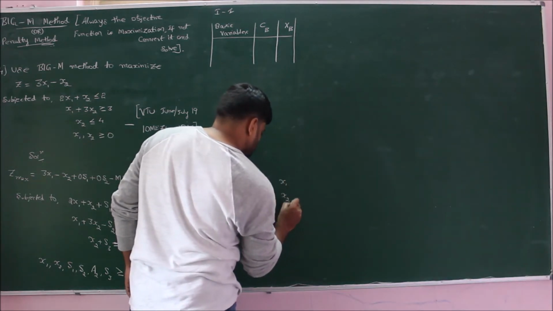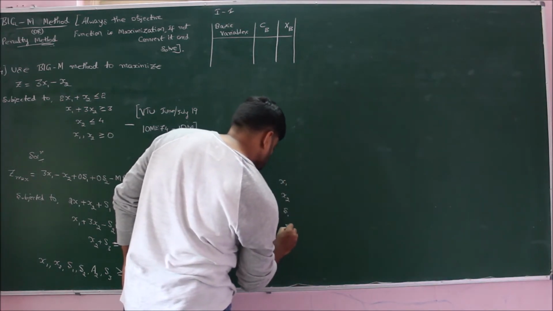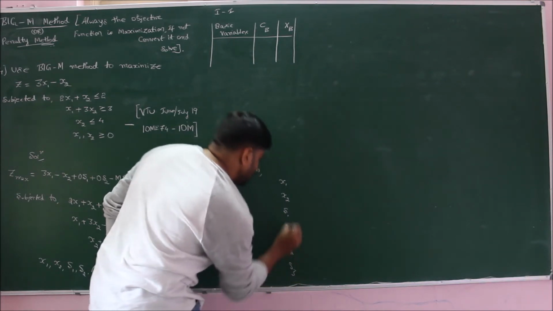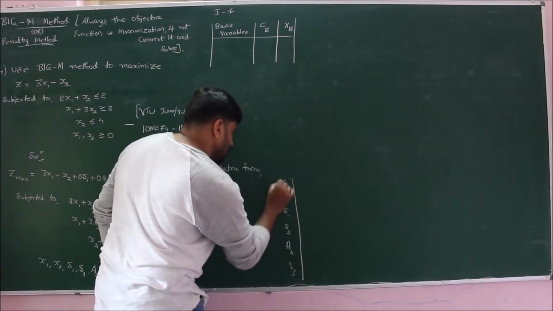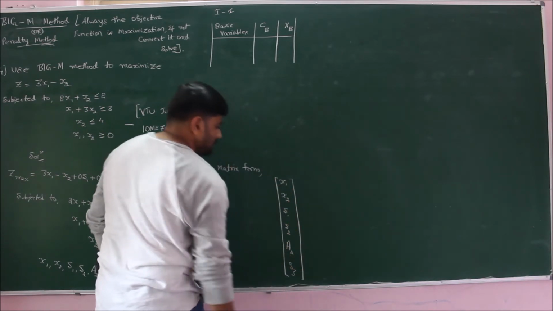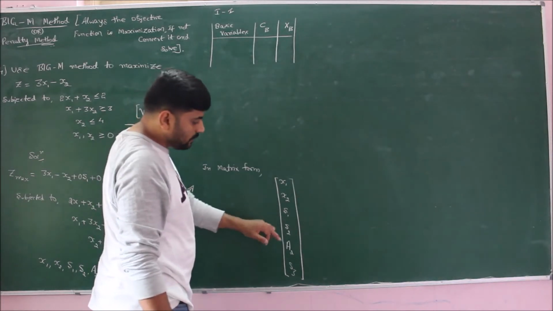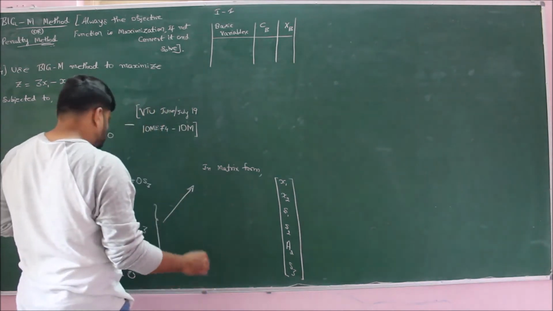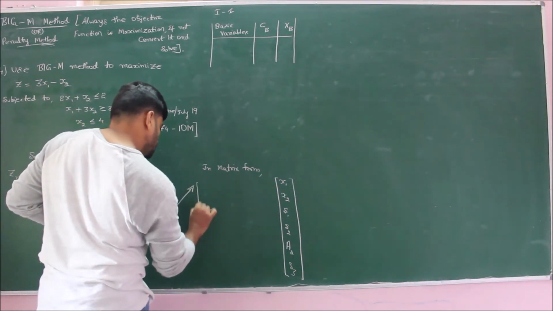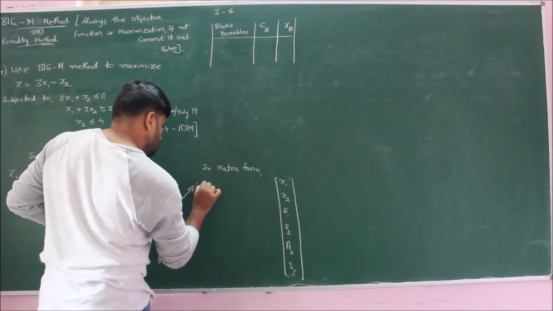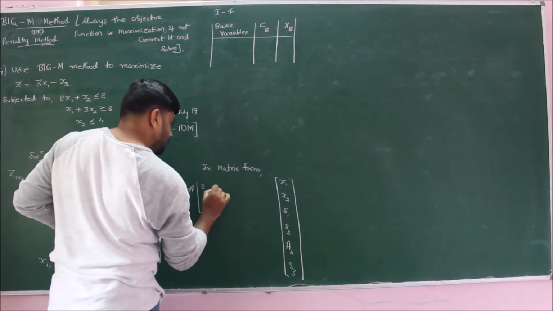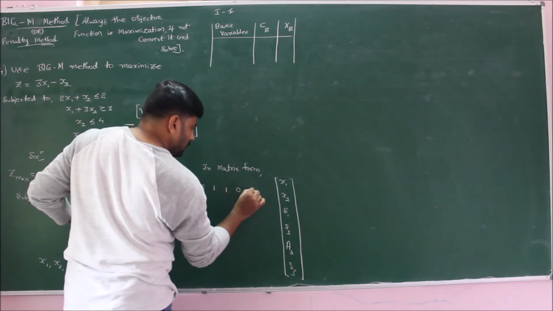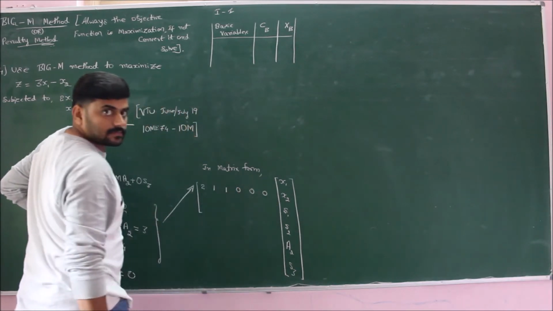x1, x2, s1, s2, a2, and finally we have s3, in which s1 and s3 are slack variables, s2 is a surplus variable, therefore we have the artificial variable along with it. So taking the first linear equation, the coefficient of x1 is 2, coefficient of x2 is 1, coefficient of s1 is 1, we don't have s2, we don't have a2, we don't have s3.